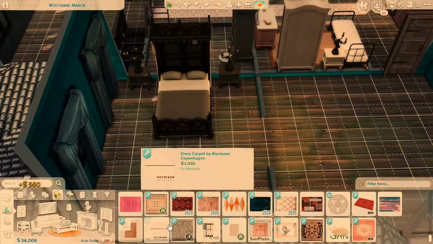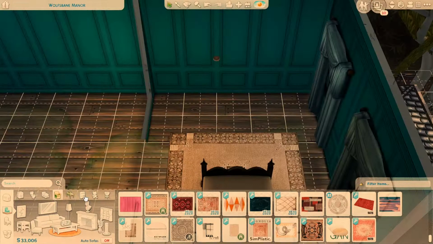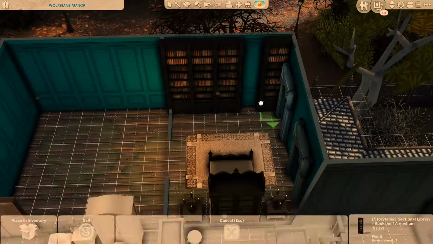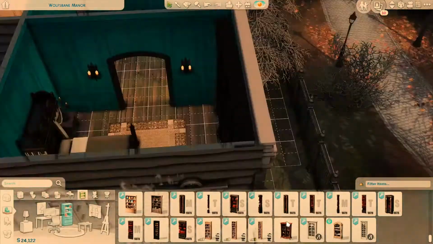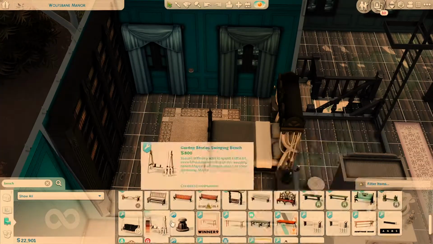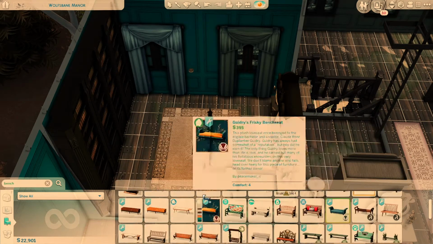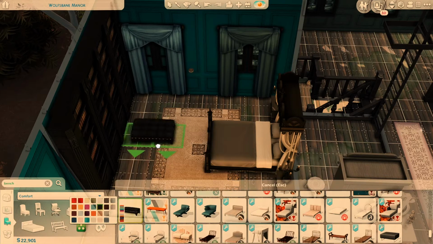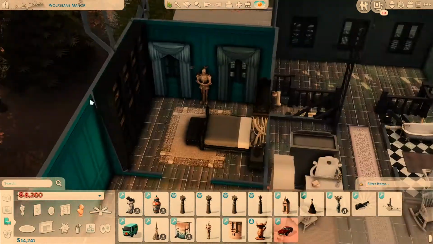And let's see, we're just gonna do the same thing that we always do with bedrooms. It's gonna be bed, rug, bookshelves. They're big readers, I guess. A lot of bookshelves in this house. And then we're gonna put in, let's see, I don't quite remember. A bench, I guess, is what I'm looking for here. Oh yeah, just something to stick on the end of the bed, and then we're gonna put in a